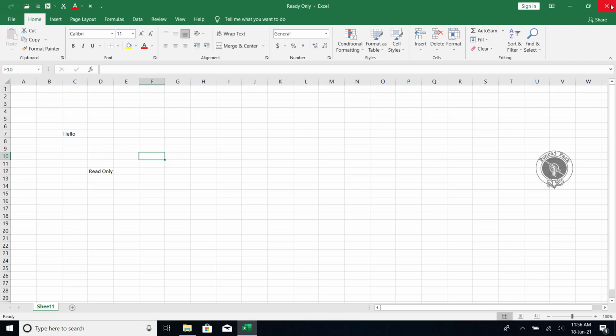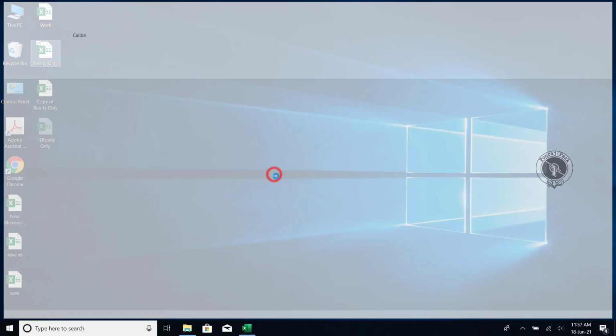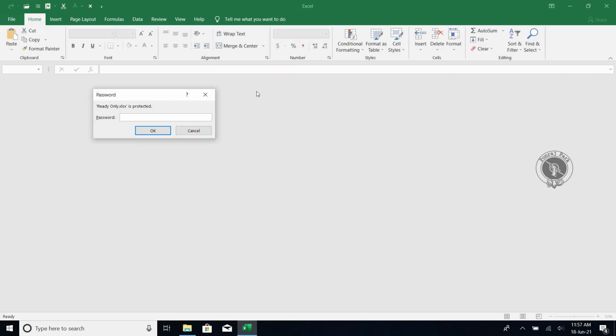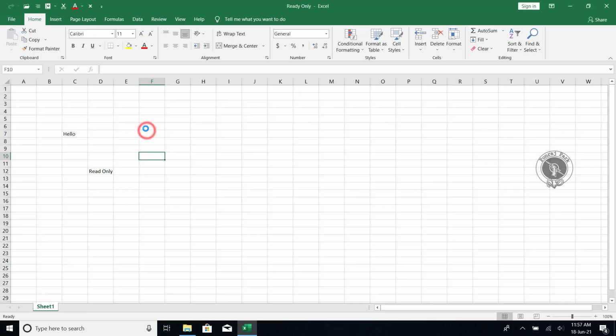Now if we close it, you can save from File also, but I always prefer this one. Click this close button, it will ask you to save your changes to this file. I will say yes, save. Okay, so this is my file. If I open this file, it should ask for the password. You can see here it's asking for the password, 123. So now I can easily access this file.